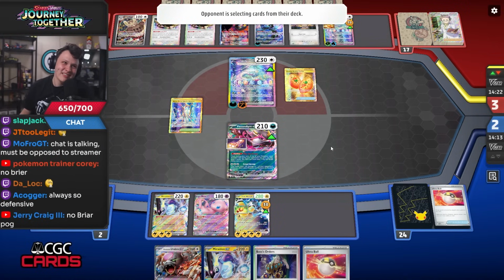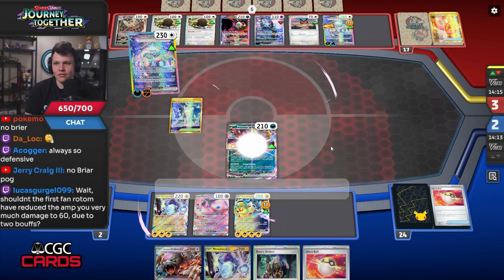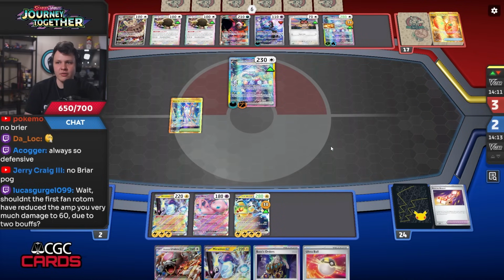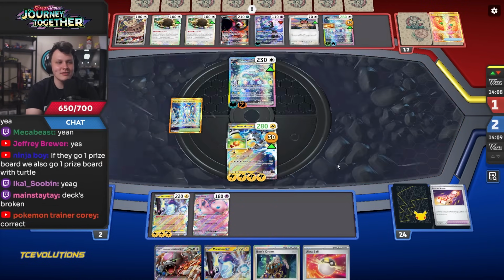Oh, we got him. Despite our... Wait, is this the game where we started Mew 5 energy? Which in the first Fan Rotom is weak to lightning. We won this game? Let's go. I mean, they didn't have like a ridiculous...